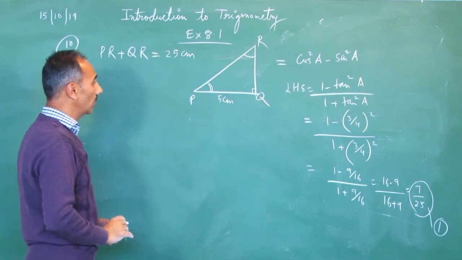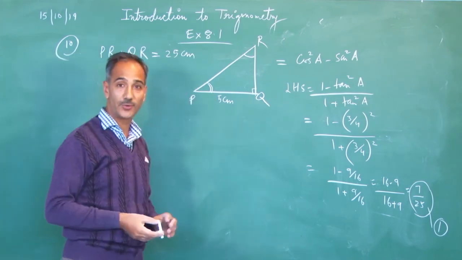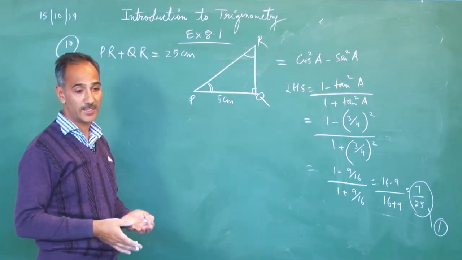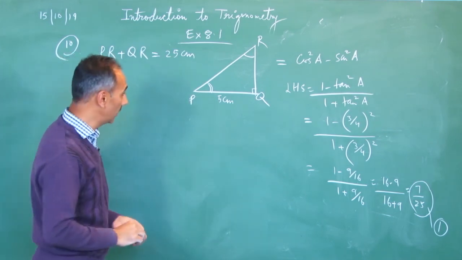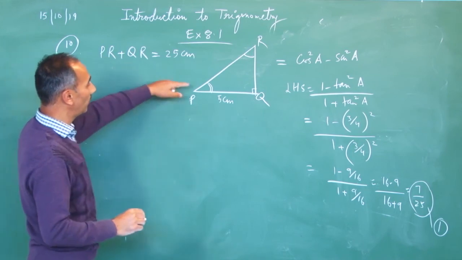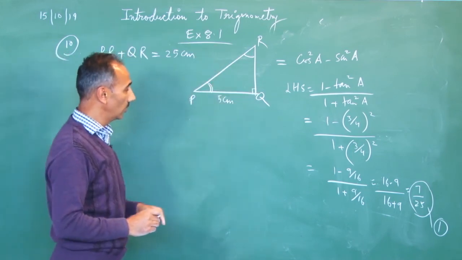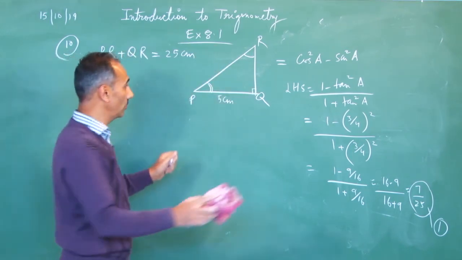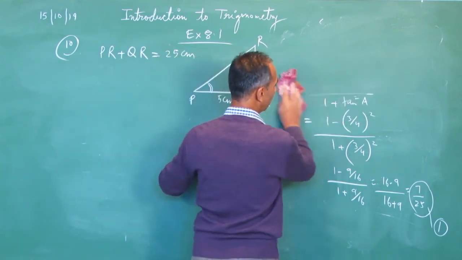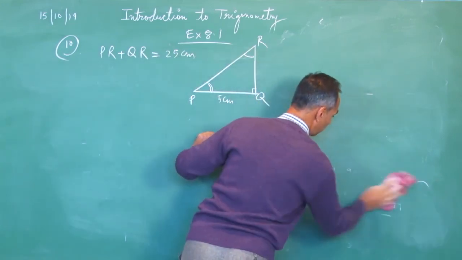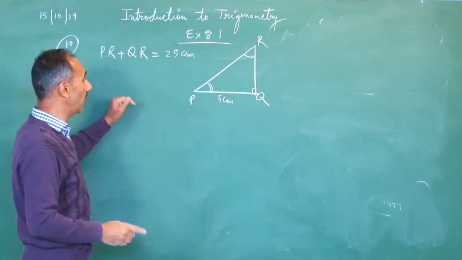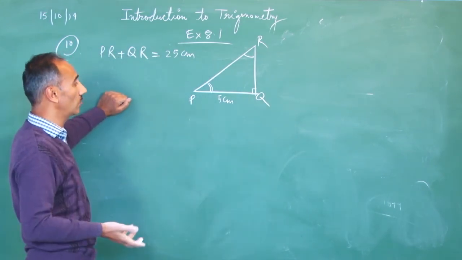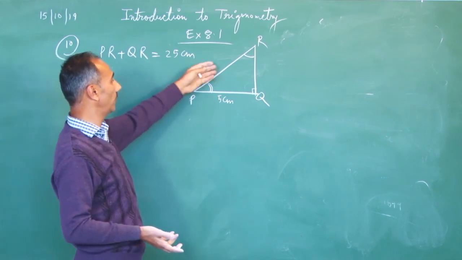That means you should be knowing the lengths of all three sides. Then only we could find sine, cos, tan, because they involve three sides of the right angle triangle. Now, PR plus QR is given. So how should we move further? There are different situations. See, PR could be 13, QR could be 12, this could be 15, this could be